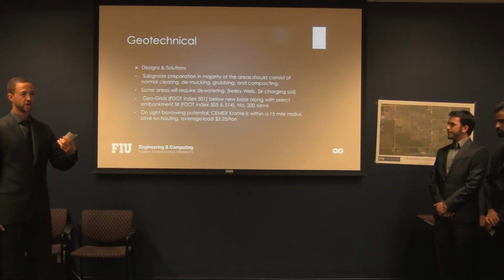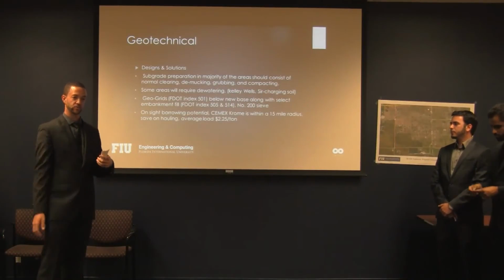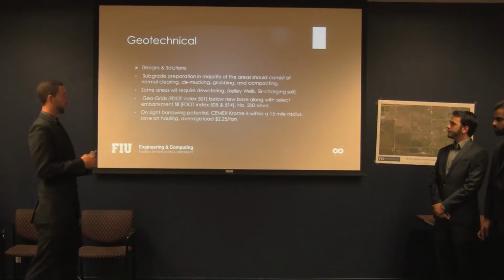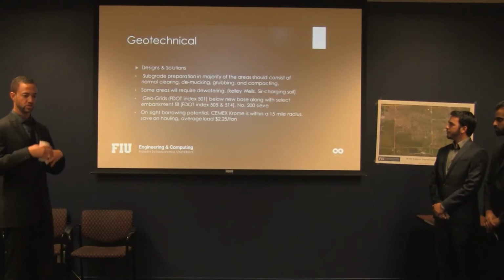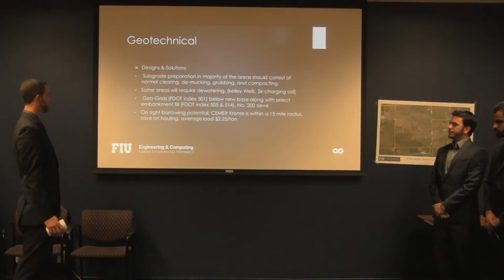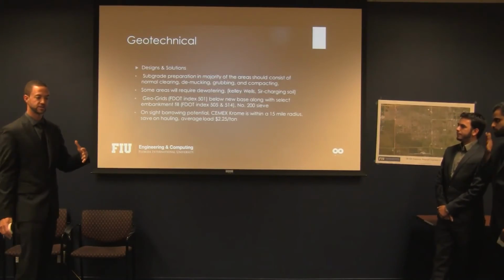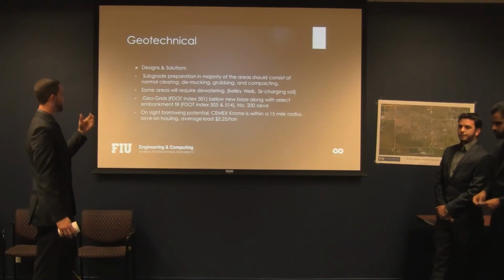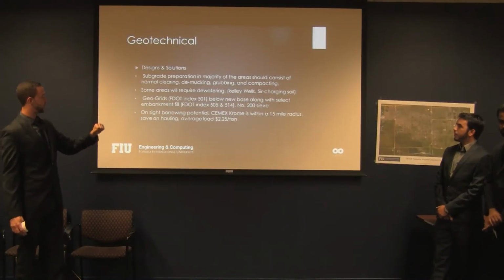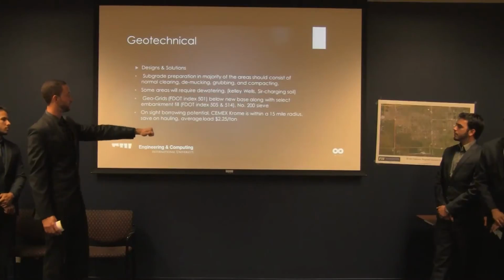We'd also want to try and incorporate surcharging wherever we're laying roadway, because we'd use recycled concrete, and it's environmentally friendly. We'll be using something that is taking up space somewhere else. Now, we'd also use geogrids just for areas that need extra support. FDOT Index 501, and below new base along with the embankment fill,